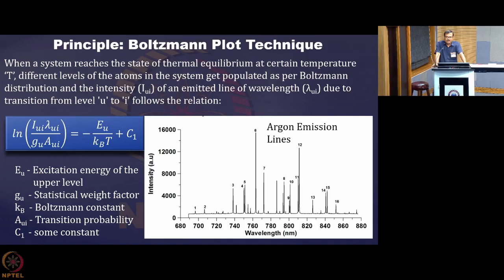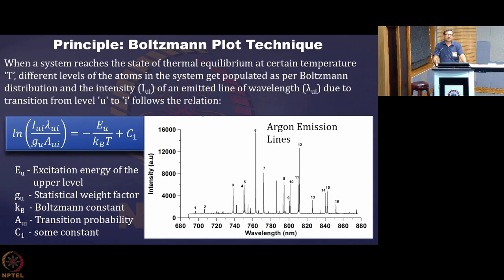Now, you may get emission not only from atomic transitions, but also from molecular transitions. So, rotational and vibrational spectra of the molecules can also be recorded in such a spectrum, which we will be showing you in some slides in later lectures. But for the time being, if you are getting some emission spectra like this, how do you determine the plasma temperature from that? Let me first explain the basic principle behind this.